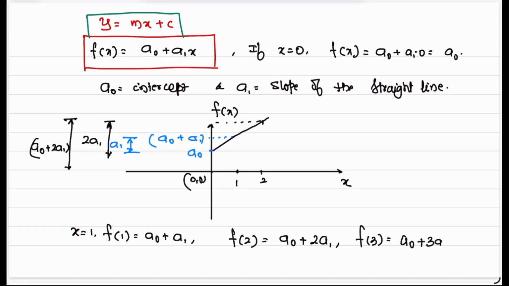This is a straight line with a slope a1. What is slope? Because we are solving the problem of polynomial, we will discuss polynomial a little bit more in this class. How to find out slope? Slope is nothing but